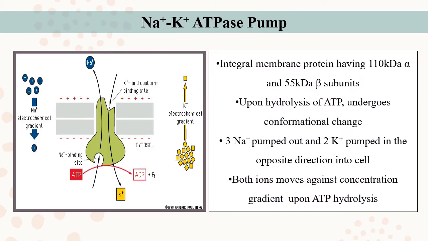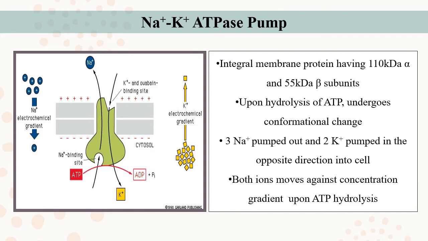Here in the image, the structure of the sodium potassium ATPase pump is shown. It is an integral membrane protein having two subunits. One is the 110 kilodalton alpha subunit and the other is the 55 kilodalton beta subunit. Here, upon hydrolysis of ATP, the protein undergoes a conformational change. What happens? ATP breaks down into ADP and phosphate, and the phosphate binds to the protein,